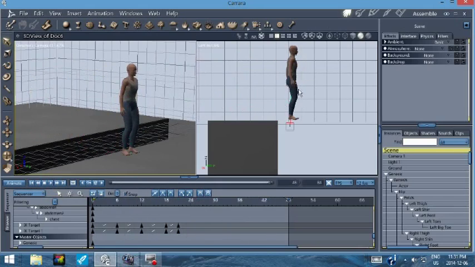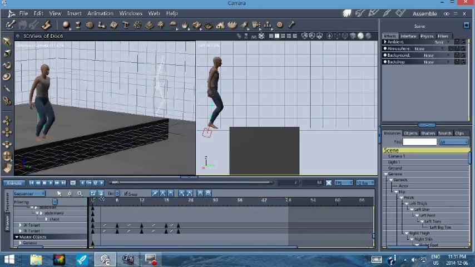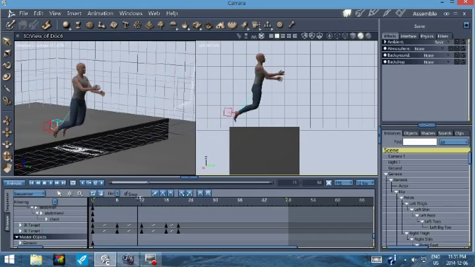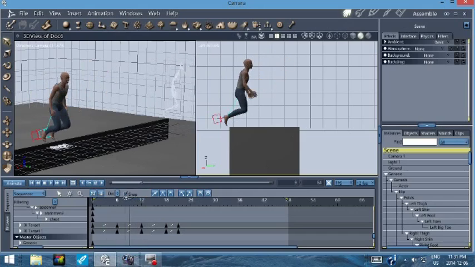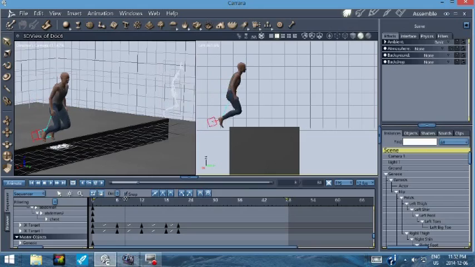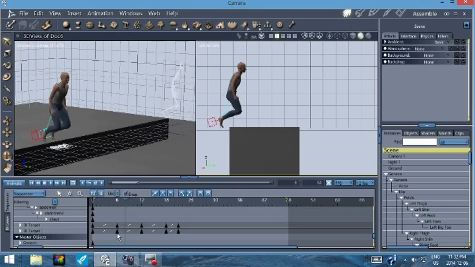Okay, it's not bad, but if we look in the side view here, do the same thing again, run it. You notice the feet don't get stuck there, so let's go back to the beginning. Go through and watch the feet while they're leaving the ground when they shouldn't. So let's see when they leave the ground right here. So let's just make them stick a little longer. See what that does. So let's go like this, Control Alt,